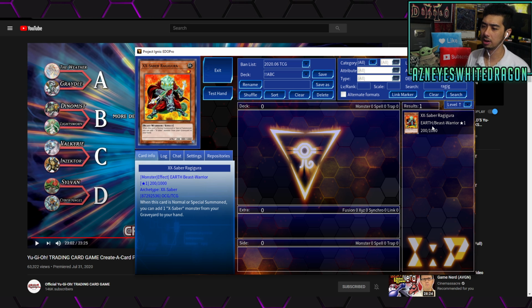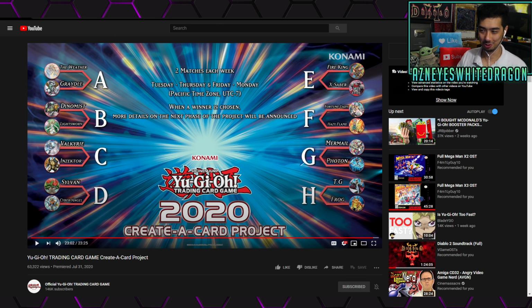It requires 1-for-1 and double Ragigura. But there is a way for you to basically loop your opponent. I don't believe they eroded any of it, but other than that, the deck doesn't really do too well. I mean, obviously, if you loop your opponent, that's OP, right? But in terms of Sabers coming back into the game, again, when you look at the speed of the game,